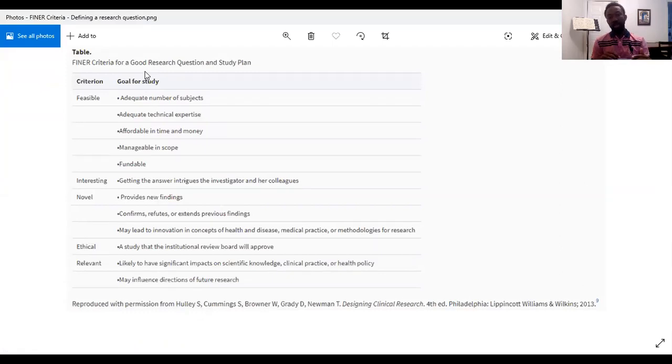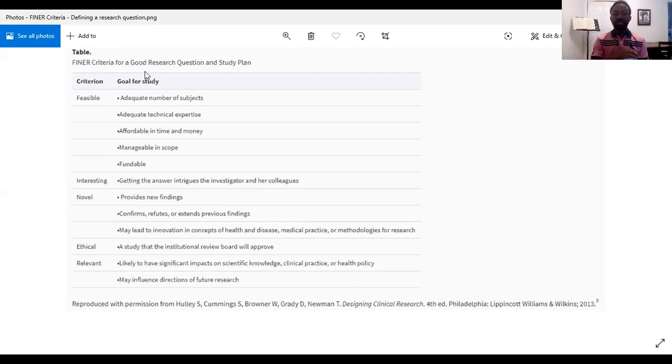Because if you're able to answer all these questions, then pretty much you're given the background, you're given a rationale, and you're given objectives. That's what makes the FINER criteria. So it is good practice to go through the FINER criteria to make sure that your research question is actually pertinent. That's very, very key.